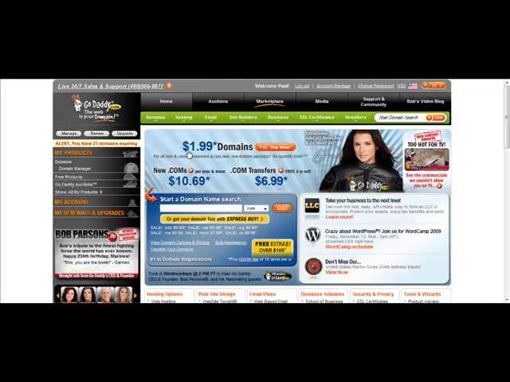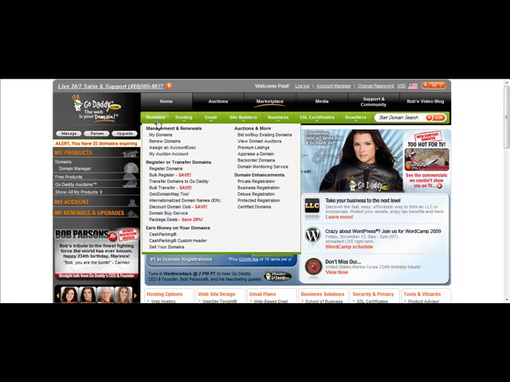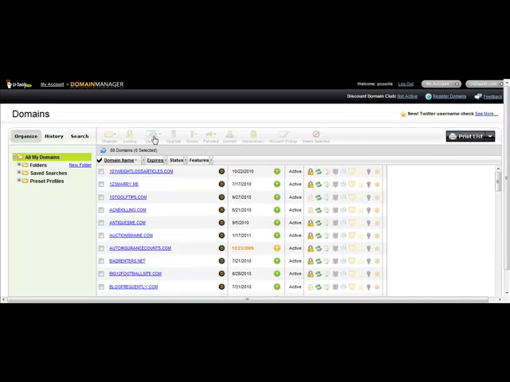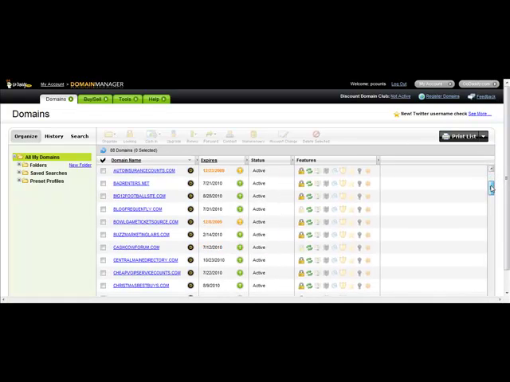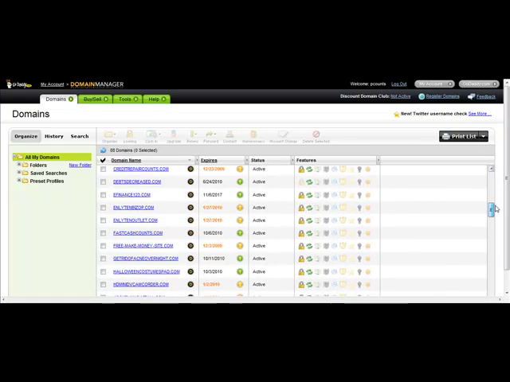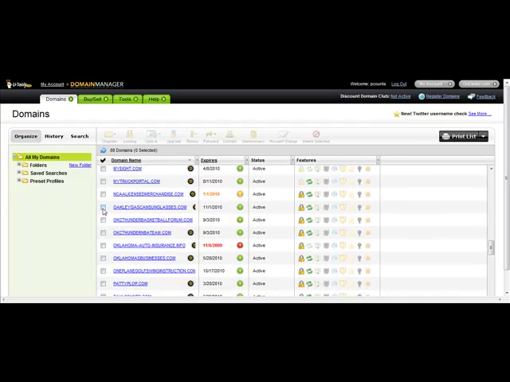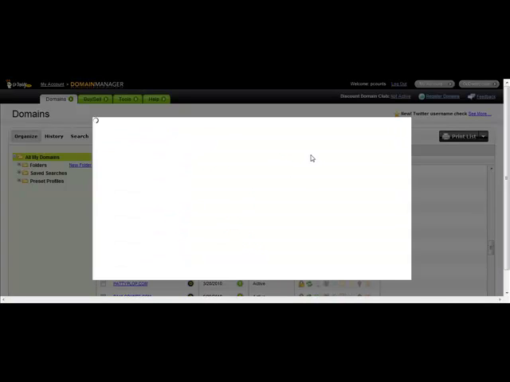So what you need to do now is go right on over to GoDaddy.com, log into your account, go to Domains and select My Domains. And if you have multiple domain names, you just need to scroll down till you find the domain that you're working from. Otherwise, if it's your first domain, it should be right at the top. And they do alphabetize it if that makes it easier on you. So I'm going to just go to the domain name I want to choose, put the checkbox in there, select Name Servers,